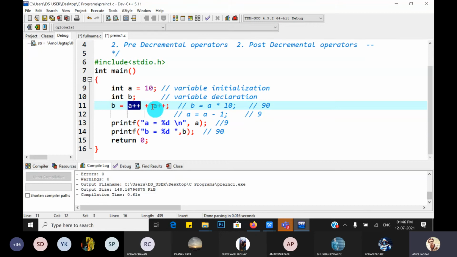This statement contains three different statements, because each post increment operator means two statements, and B is equal to A plus A is the third statement. So let's predict the output. What is the value of A?